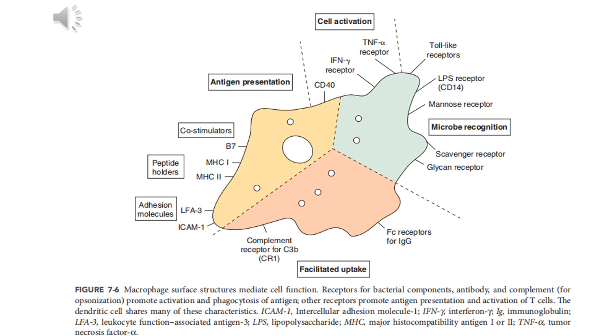Plasmacytoid dendritic cells have a plasma cell-like appearance, are present in blood, and produce large amounts of IFN and cytokines in response to viral and other infections. Dendritic cells may be derived from stem cells or monocytes.